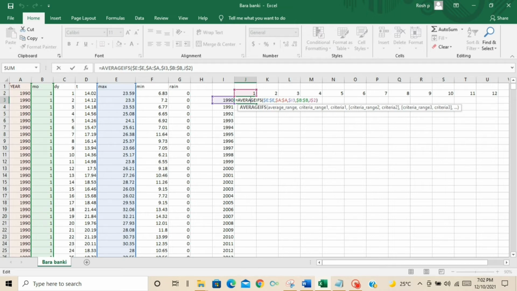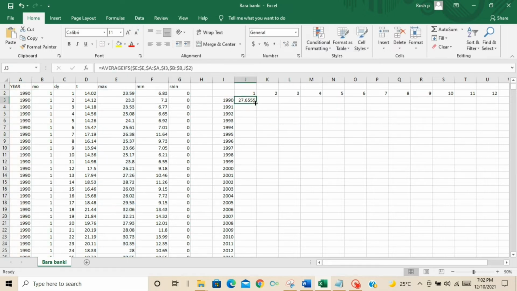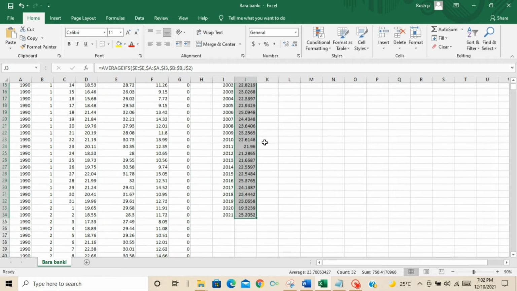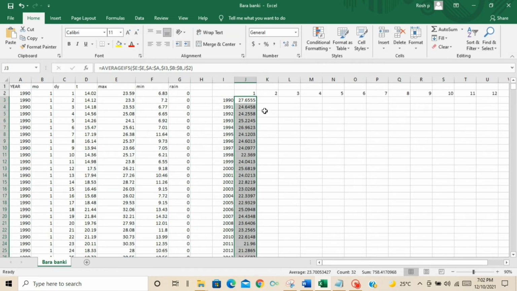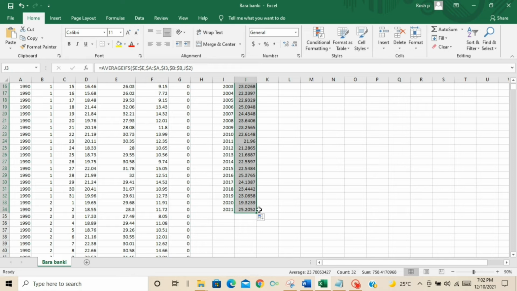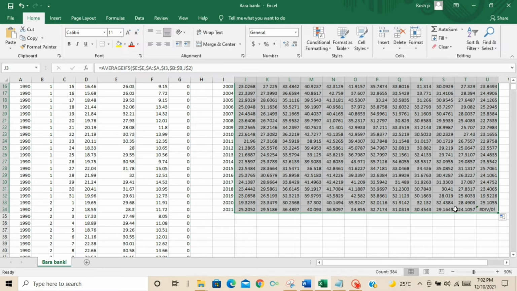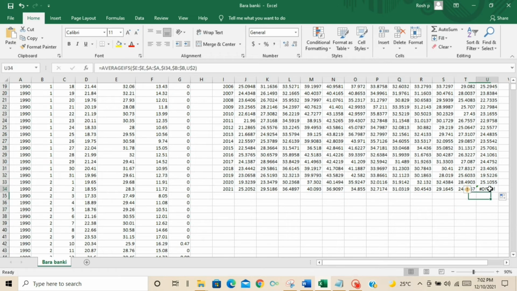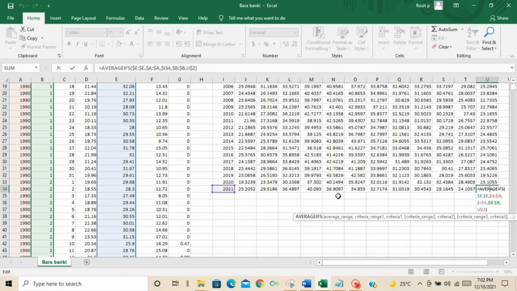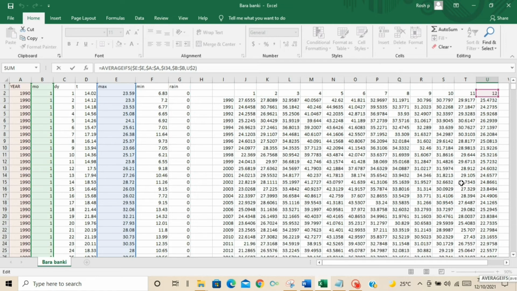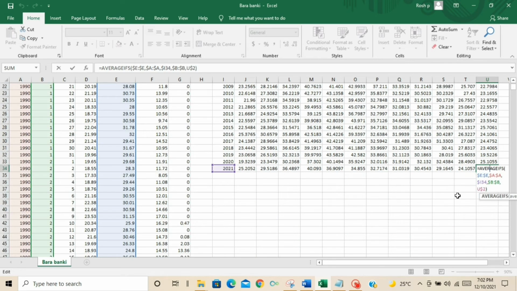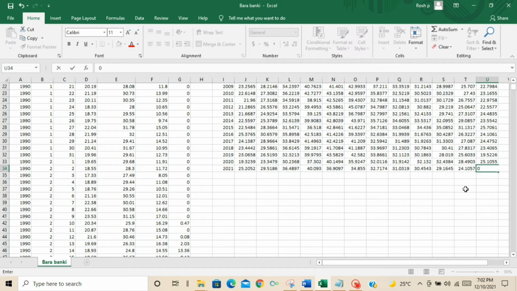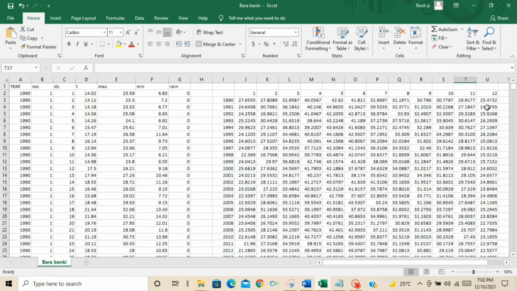We just don't need to do anything after this. We just have to drag down the values. First I'm going to drag down vertically, till 2021, and then horizontally till U, that means till the 12th month. So this will give you the maximum temperature. Now you can see there is a fault in the last column because that is December 2021, and that value I have not taken from the source as we are still in the month of November. So we just add 0.